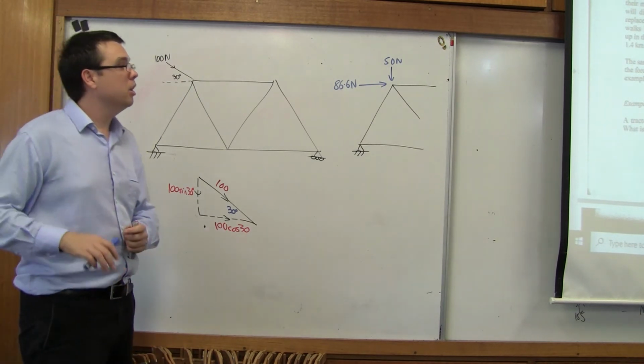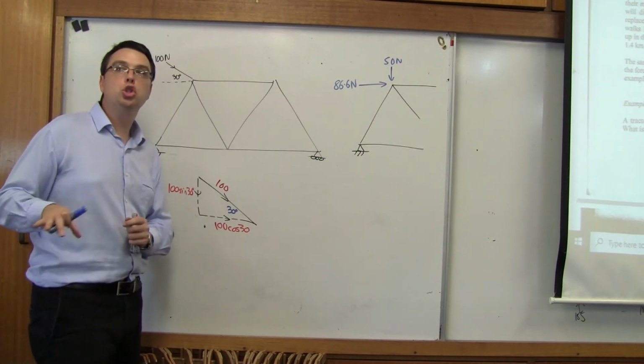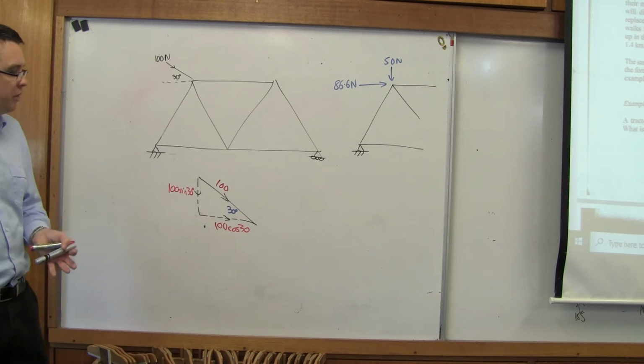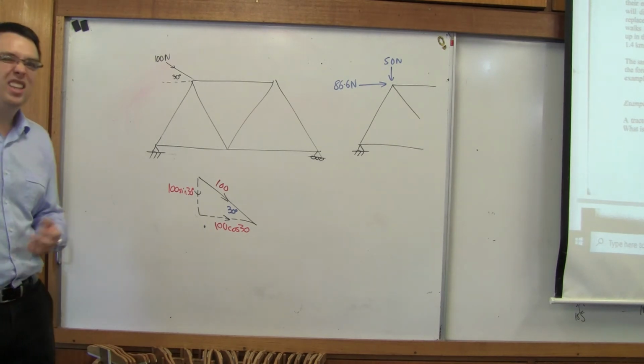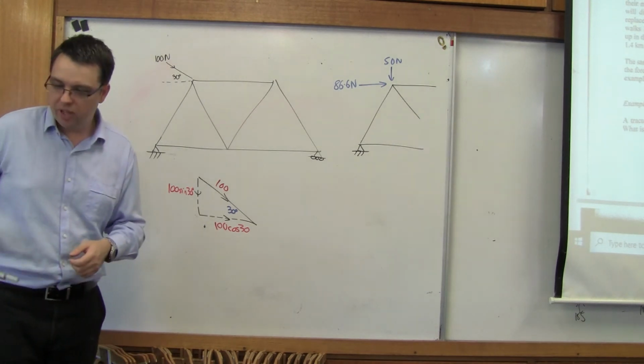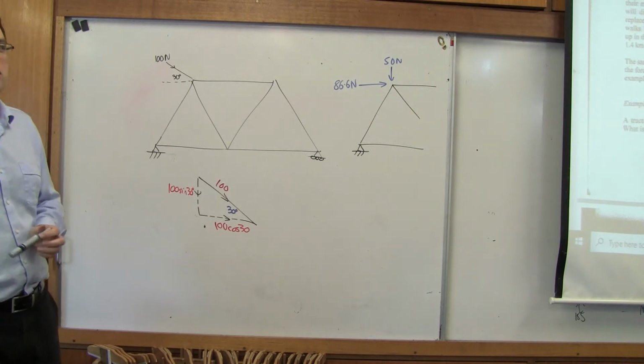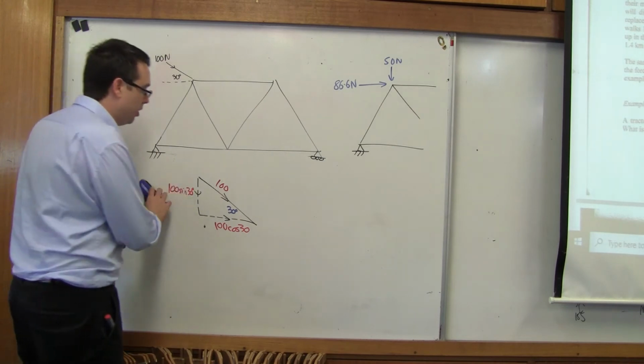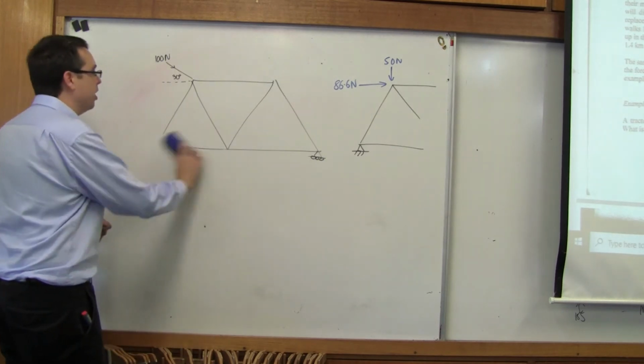Okay, the point is, in year 11, they get a bit excited. They're like, oh, we want to make kids do lots of vector addition, right? They're going off with too many vectors. So what they might do